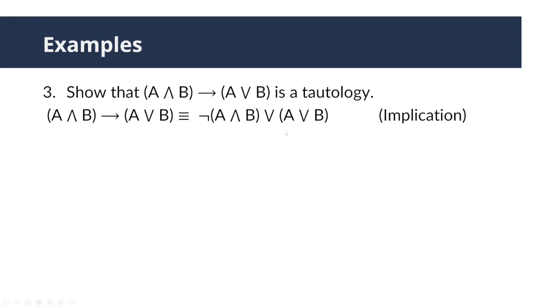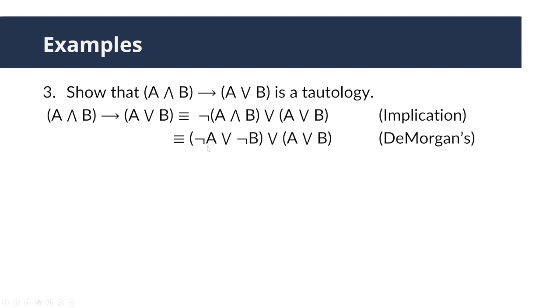Now, you have 2 options. One, you can think of this one as a single letter, let's say C. Then it becomes C or A or B, where you can apply the associative laws. That's fine. That's totally fine. However, what I would prefer is I will apply the De Morgan's law on this one. Then you have